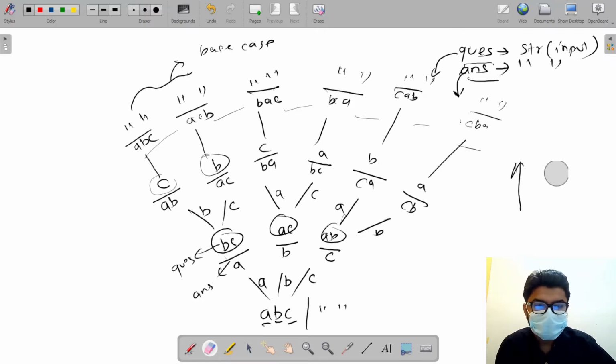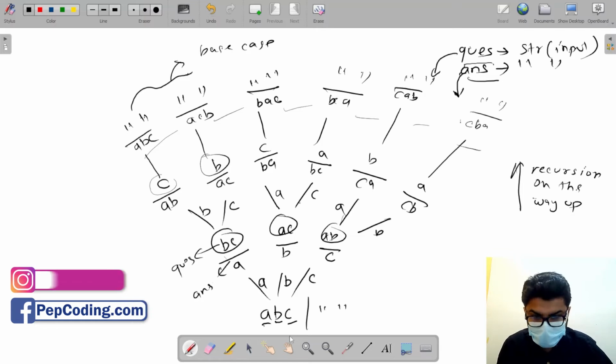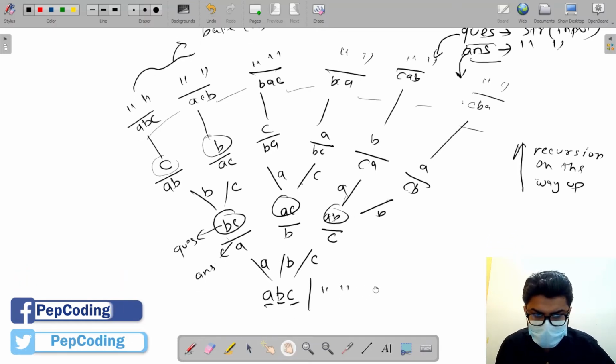Recursion on the way up. So why? Because we are doing recursive calls as we move upwards and we are getting the answer. So recursion on the way up. So I hope I was being clear. Okay. Now